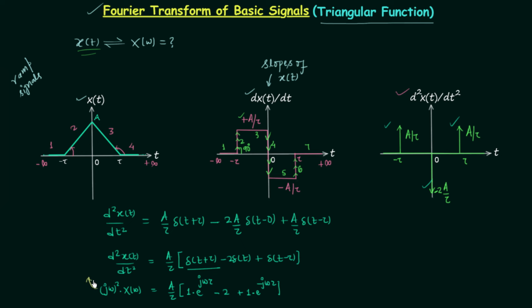J omega square we can write as j square omega square. J square is equal to minus 1, so we can write minus omega square, and we will divide both the sides by minus omega square. So we will have X omega on the left hand side, and on the right hand side we will have a over minus omega square multiplied to tau inside the bracket e power j omega tau plus e power minus j omega tau minus 2. We can write e power j omega tau plus e power minus j omega tau equal to 2 times cos omega tau. So let's replace this by 2 times cos omega tau. We will have 2 times cos omega tau minus 2 in the bracket,